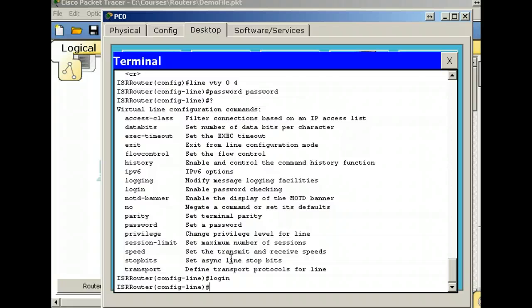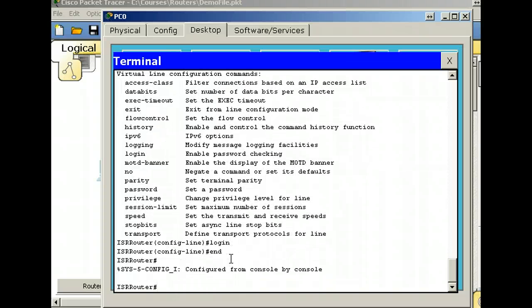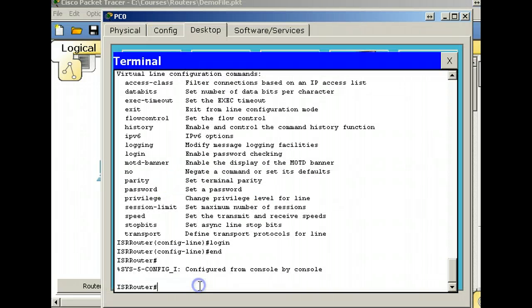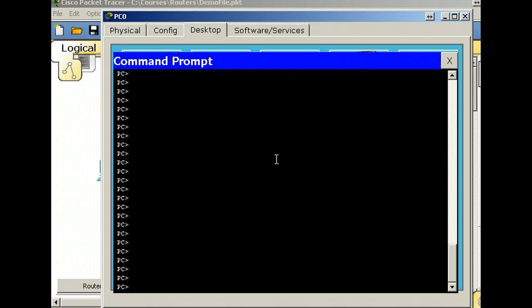And again, to get out of here, I can go up one level with exit or end and get back to the user exec mode. So now that we have done that, let's go to PC 0. I'm on PC 0, so let's close this and go to the command prompt and see if we can